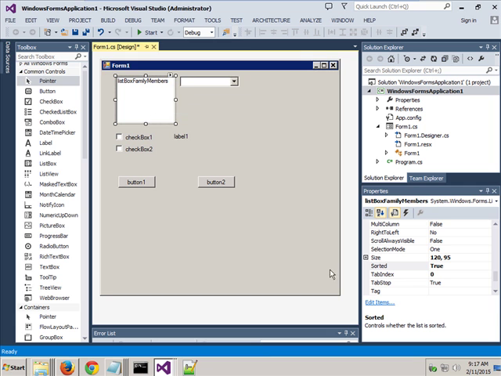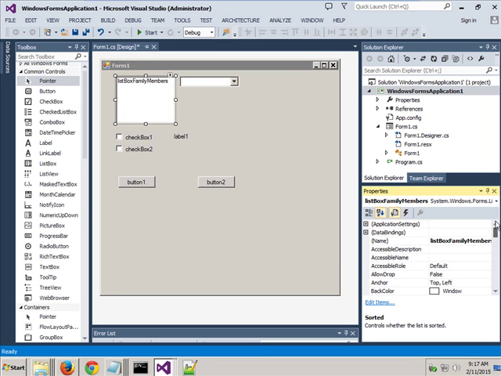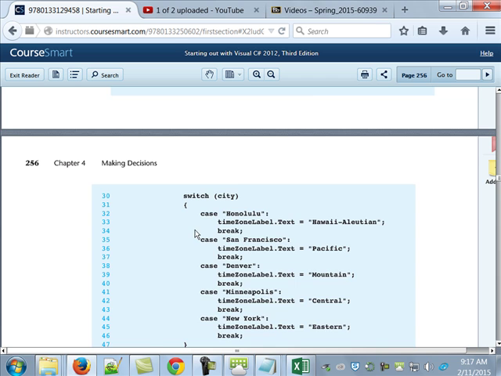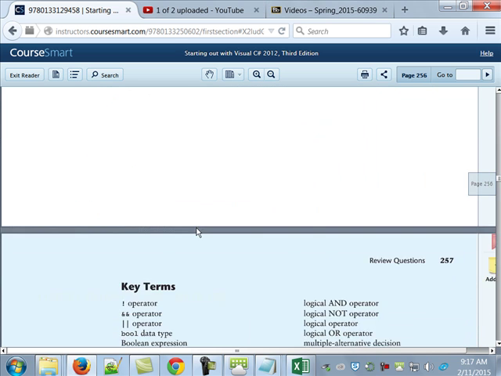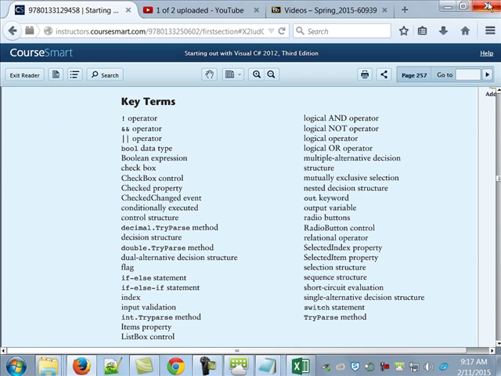So there's different things that you can do with this. There's different properties that you can set. The major ones that you'd probably deal with are discussed in the book. Now that's all he talks about, but I want to go back to this program